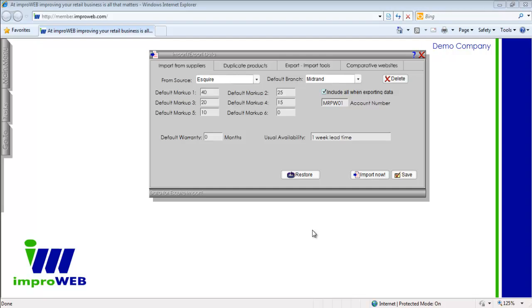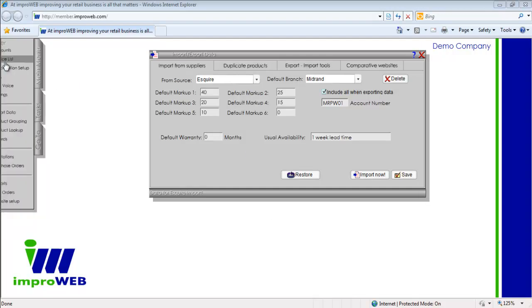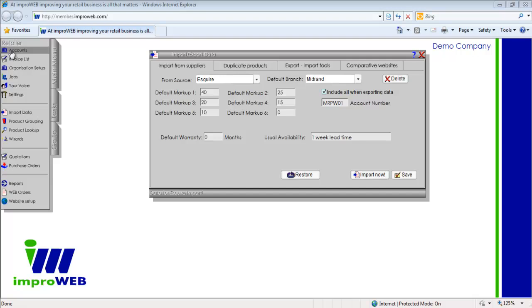We can then use these prices intelligently in 3 ways. Firstly, we can link them to accounts. Secondly, we can use them to update your website and make your website run on a certain price. And thirdly, we can create quotations using those prices. So I'm going to start off by showing you how to use these prices in the accounts. So if I go to the accounts